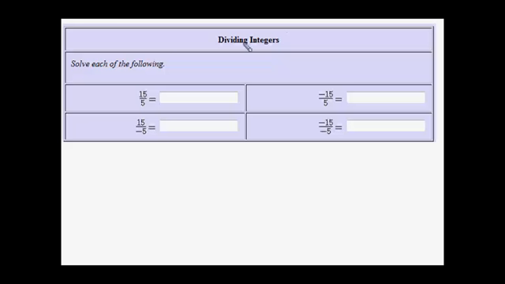In this problem we are to divide integers. You may note that this notation, 15 divided by 5, means the same thing as if you were to write the number 15 and then use a division symbol and then write the number 5. Likewise, if you picked another problem, negative 15 divided by negative 5, that problem could be written as negative 15,